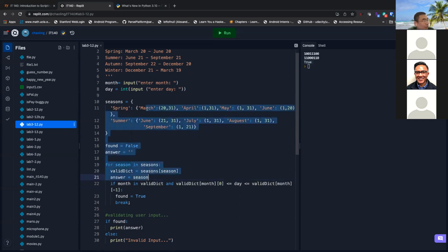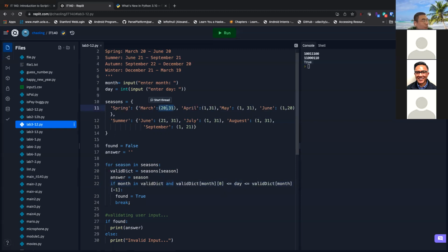Then in that dictionary, I'm looping through the key, which is the month of the year, right? The months. And if the month that you're looking for, which is the month you enter, is one of them, that's the first condition, right? Now I use the if condition. If the month, which is the key for this sub-dictionary, is in the valid dictionary, which is this variable, okay? And you grab that key, and its zeroth element is the first element,